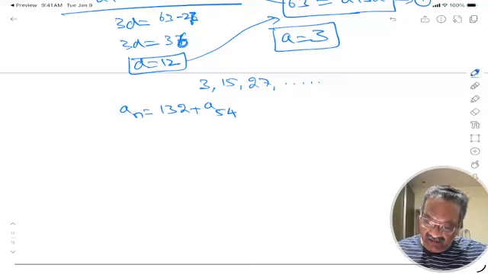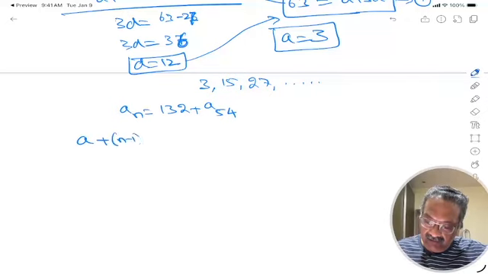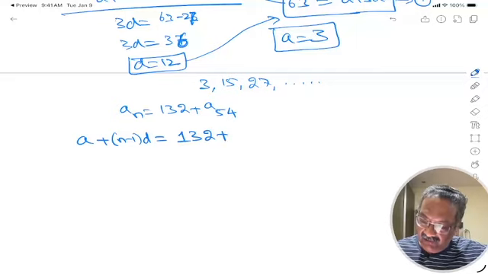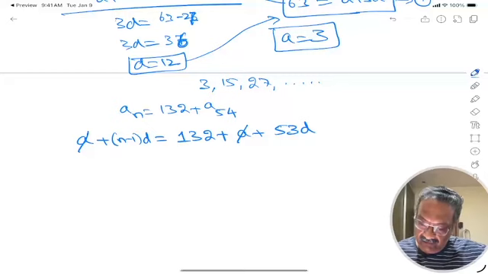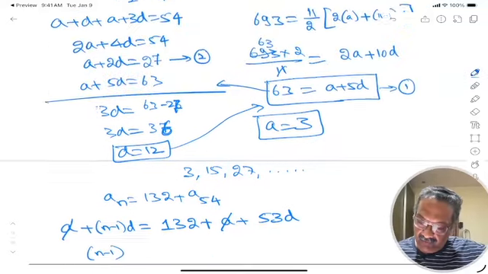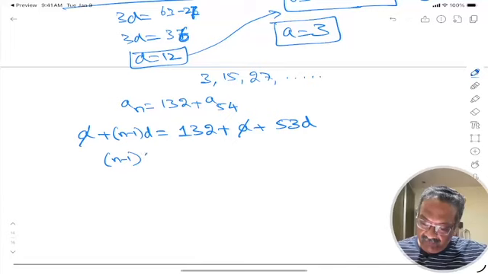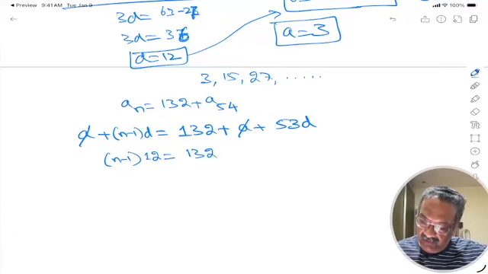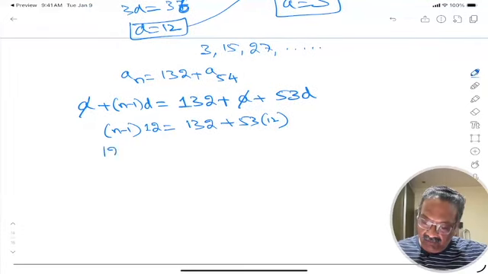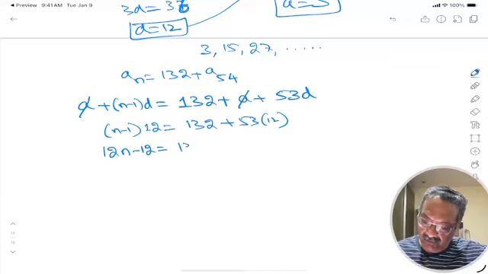So what is AN? AN is A plus n minus 1 into D is equal to 132 plus what is A54? A54 is A plus 53D. Okay, A cancels. Now n minus 1 into what is D? D is 12. 12 is equal to 132 plus 53 into 12, or 12n minus 12 is equal to 132 plus 53 into 12. So